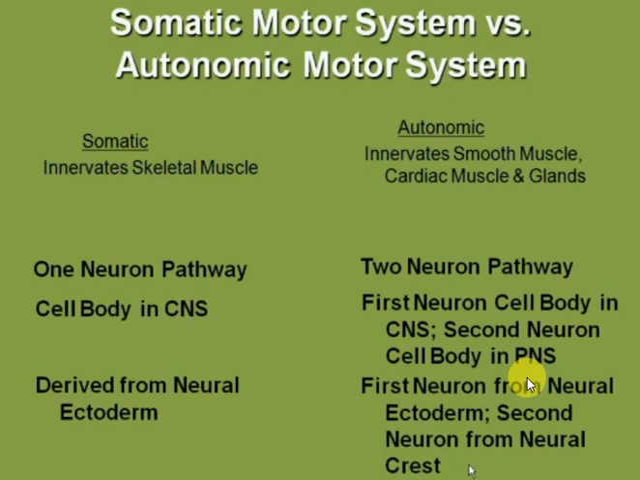So since now we know the location of the cell bodies of the various neurons, we also know the embryological origin of those neurons as well, just from knowing the location of them. All the neurons present in the central nervous system, their cell bodies, are derived from the neural ectoderm in the somatic nervous system. And the first neuron of the autonomic nervous system is also derived from the neural ectoderm. But the second neuron